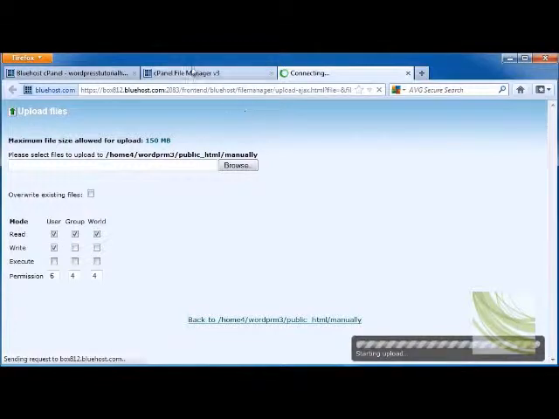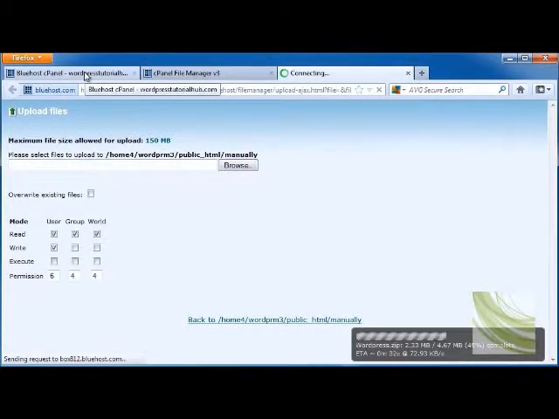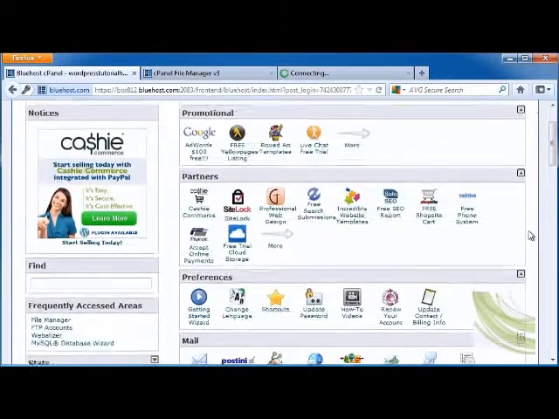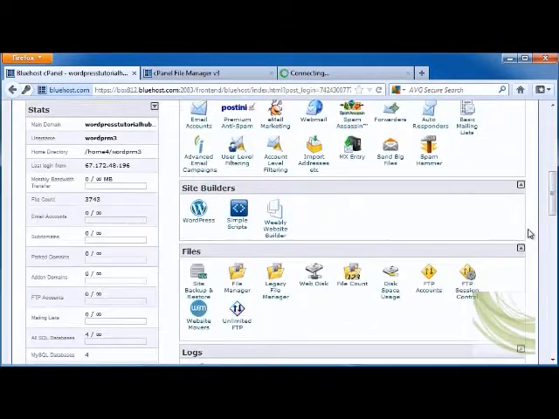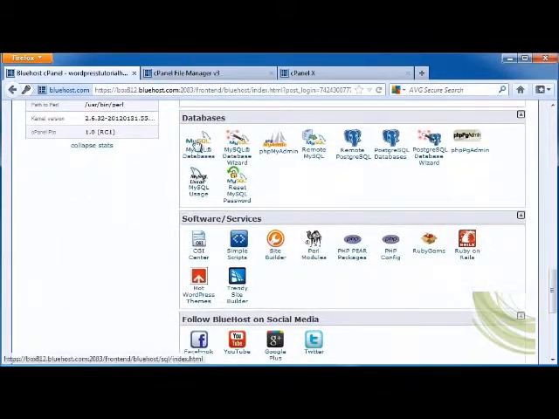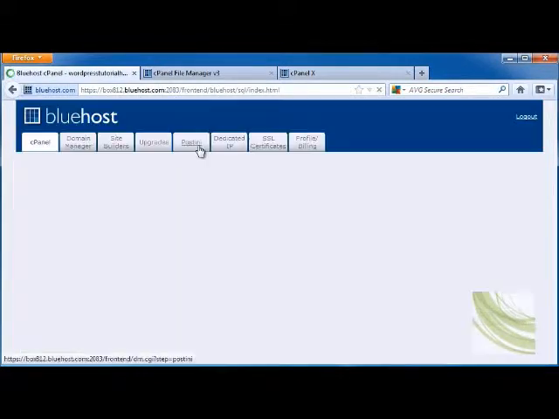So while that's going, it's going to take a while, let's go back into my Bluehost cPanel, and now we're going to build a database. The database is going to be under MySQL Databases. Let me just find it right here. There it is. MySQL Databases. I'm going to double click on that,